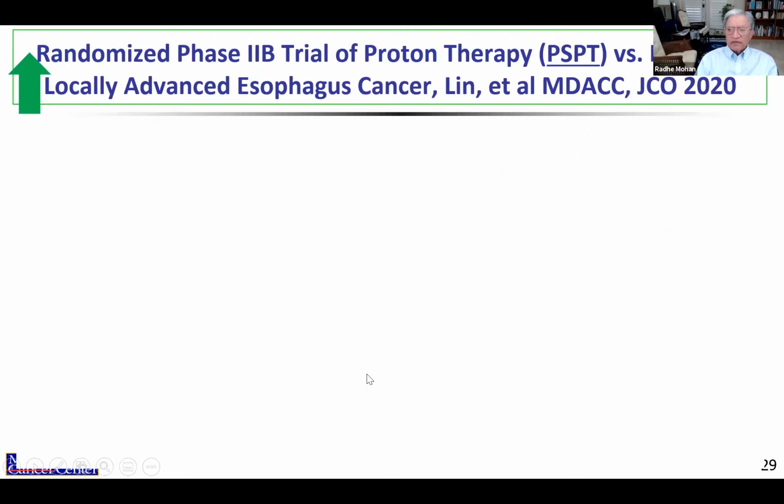Another kind of positive results are from a randomized phase 2 trial. By the way, this trial has not gone into phase 3 within the national NRG organization. And this is randomized. These results are for the randomized phase 2B trial for locally advanced esophageal cancer. My colleague Stephen Lin is leading